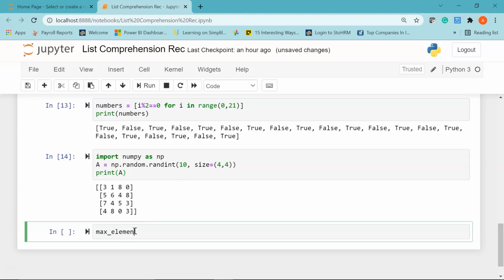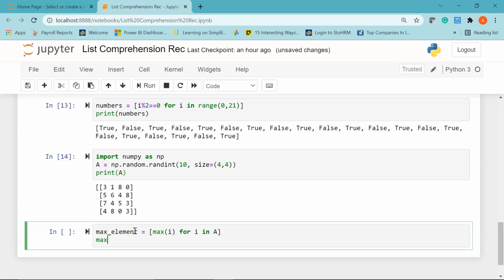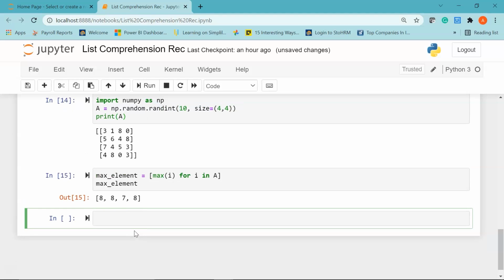Now from this randomly generated matrix I'm going to find the maximum elements. I'll say max element equal to, I'm going to use the list comprehension technique. I'll say max of i for i in my matrix a. Let's print max element. If I run it, you see here the maximum element from each of the rows.